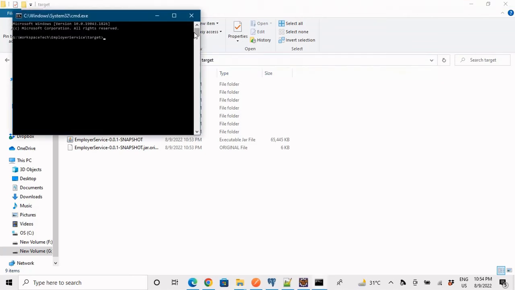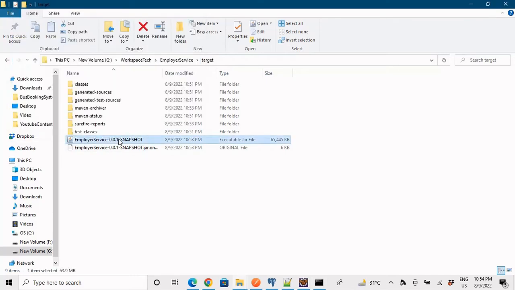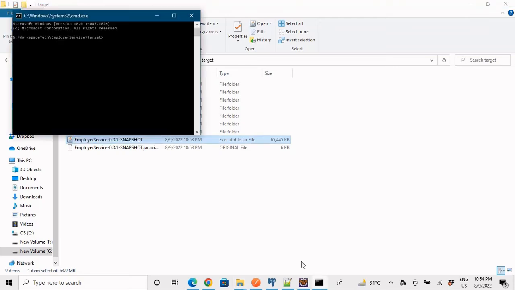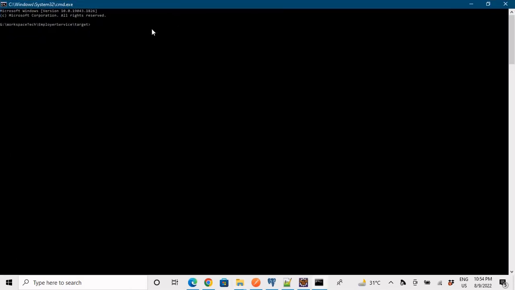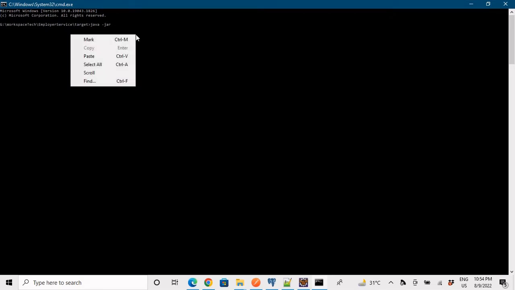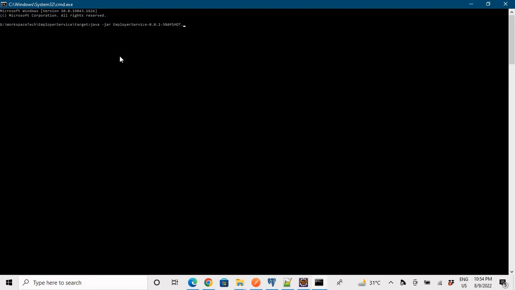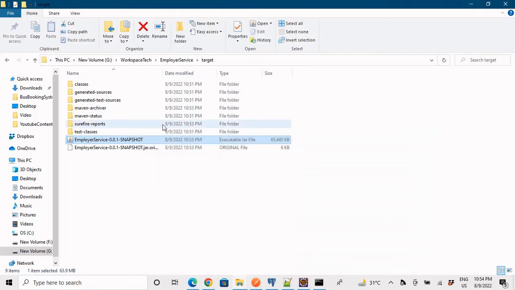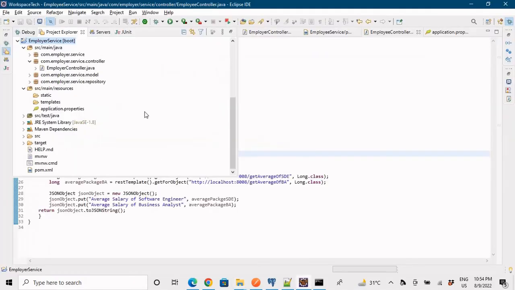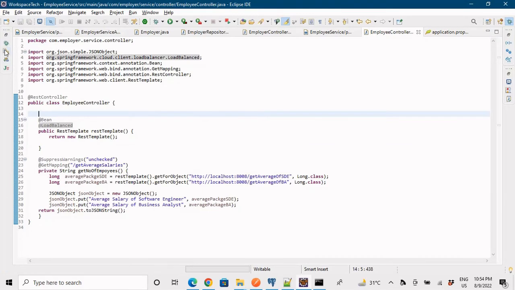CMD is the command line, right? And first of all, copy the name of this jar file. I'll also add the command that I am using here. So I'll say java jar, and I'll paste the jar name that I've copied, and I'll say dot jar, and I'll run this. Now till the time it gets running and success, let me again go to Eclipse, and let us